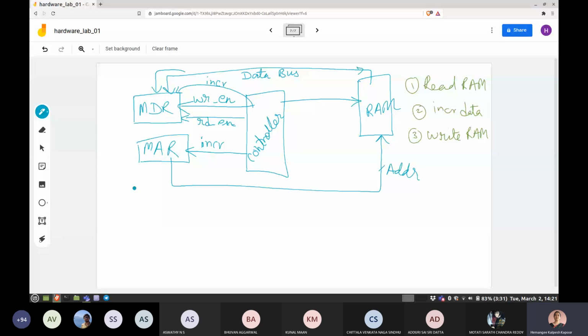you have to do all this in sequence. So there is some logical sequence in working of this, right? Step 1 is to read, step 2 increment data, step 3 is writing this incremented data to the same location in the RAM, and step 4 is go to the next location and repeat the process, right? So when there is the sequence, you have to develop the state machine, that is the algorithmic state machine.